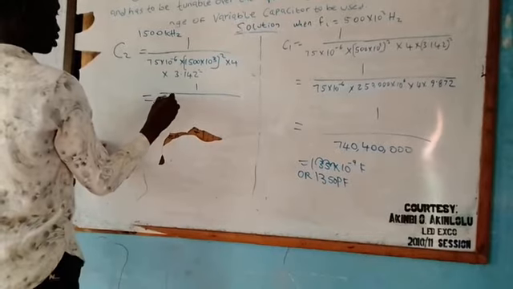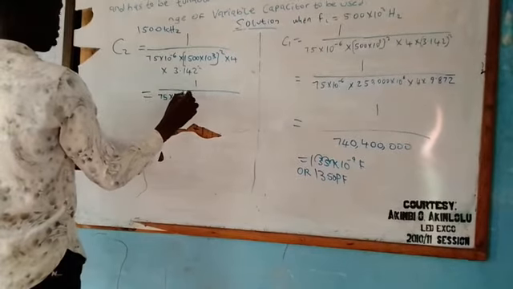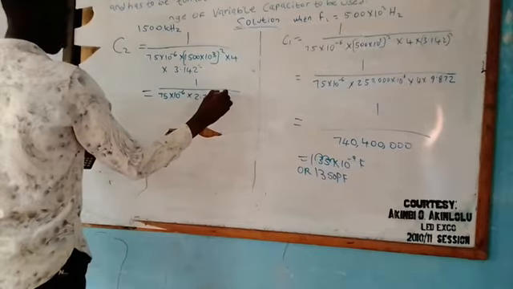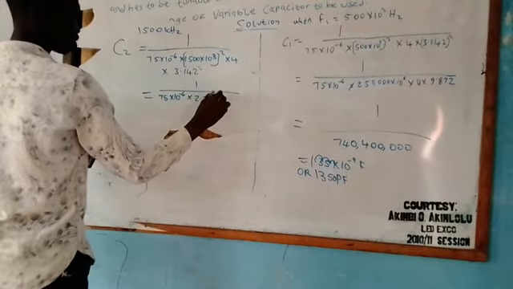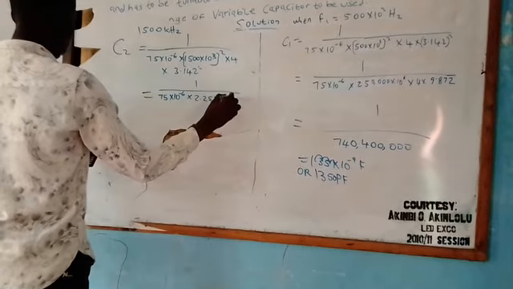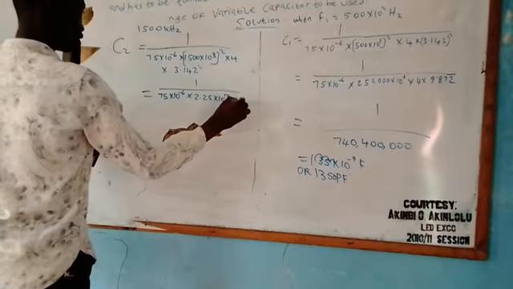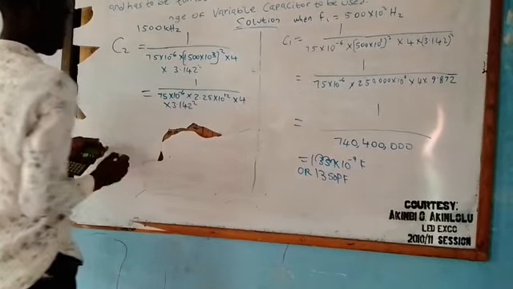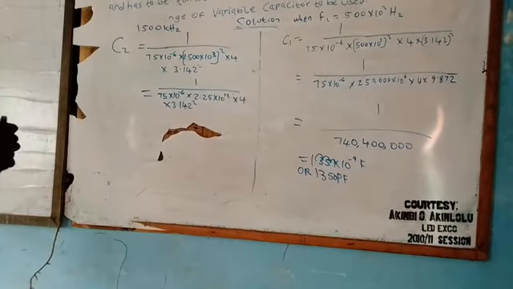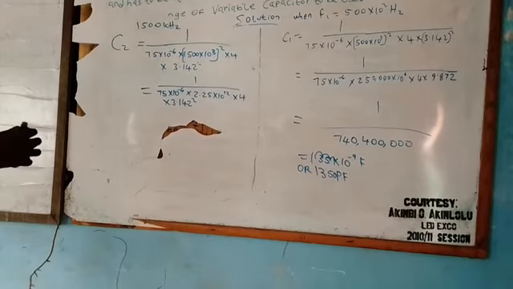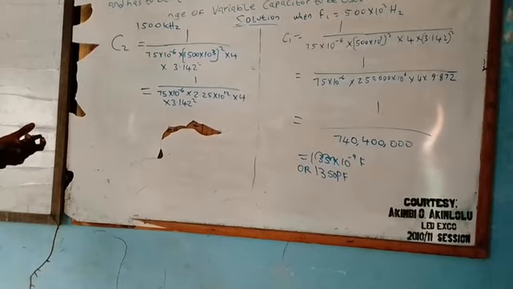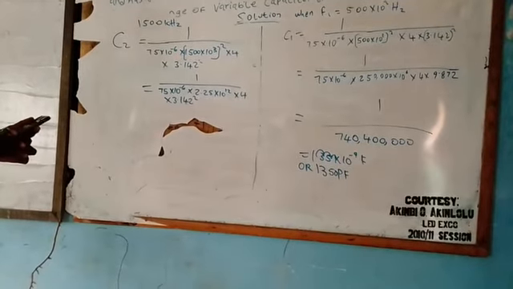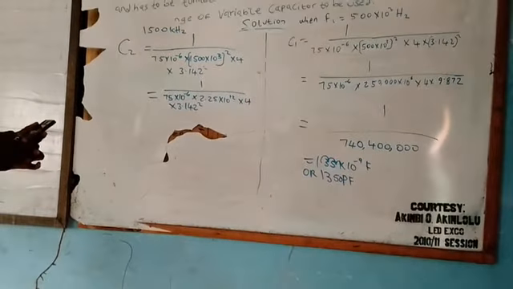Good. Now we have 75 times 10 raised to minus 6 times 1,500 times 10 raised to power 3 square. Ooh, I think we have a large value, 2.25 times 10 raised to power 12 times 4 and 3.142 square. That should give us 9.872. Okay, so compute it on your calculator. We have 1 divided by,